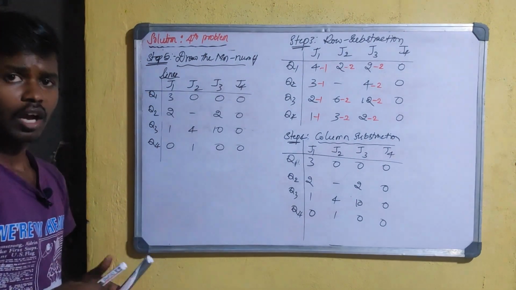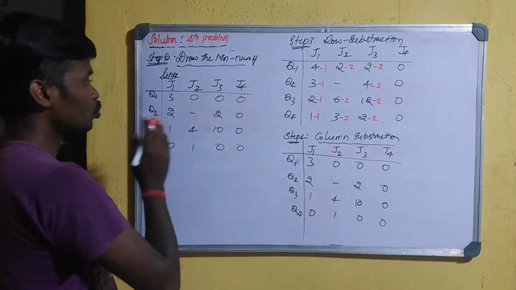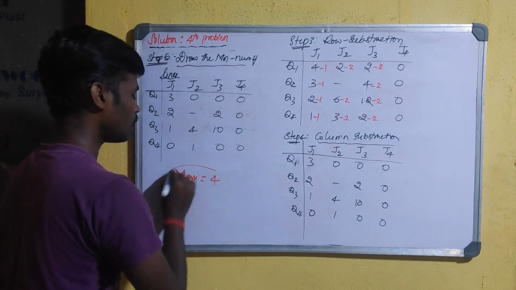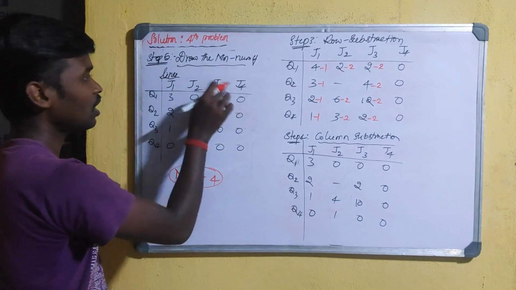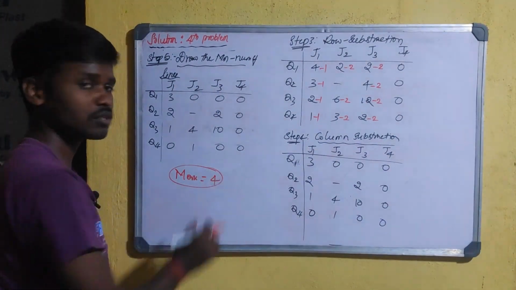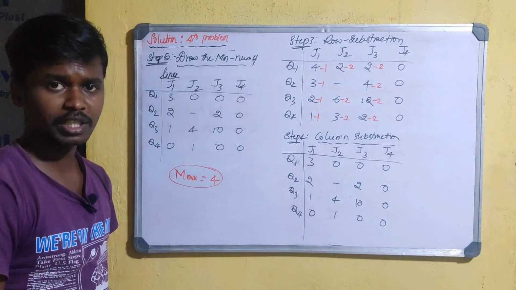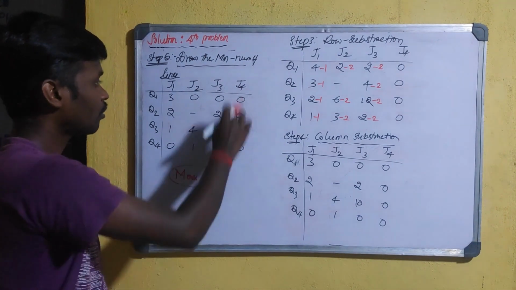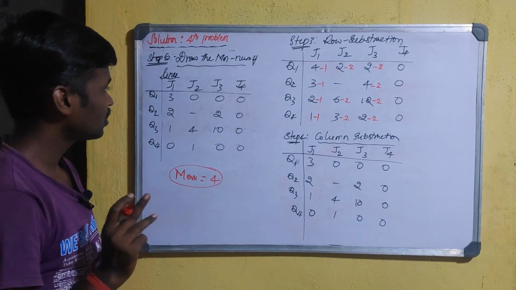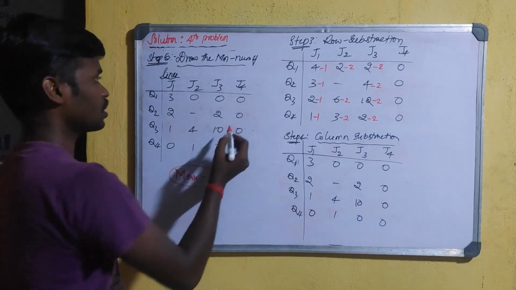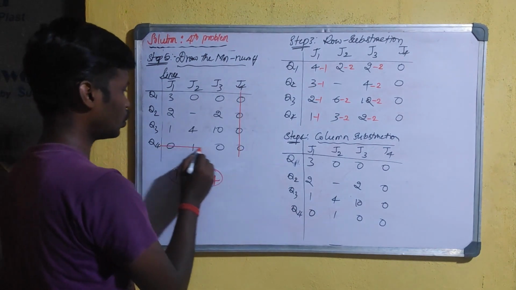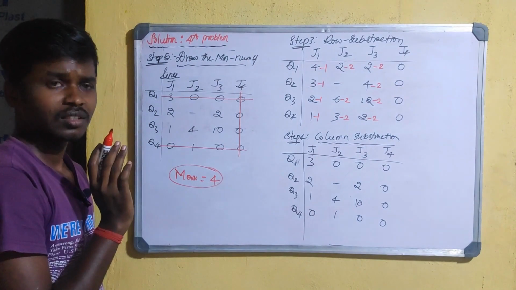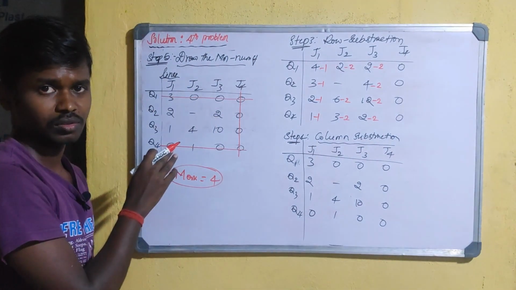Okay, so up to how many lines are we going to use to cancel all the zeros? We have to use a maximum of 4 lines because 4 operators and 4 jobs are there. So see, is there any possibility to cancel all the zeros by using a single line? No, it is not possible. Next, two lines, 1 2, no, it is not possible. Next, 3 lines, yes, it is possible. See, 1, 2 and 3. Okay, by using 3 lines we have cancelled all the zeros, right?